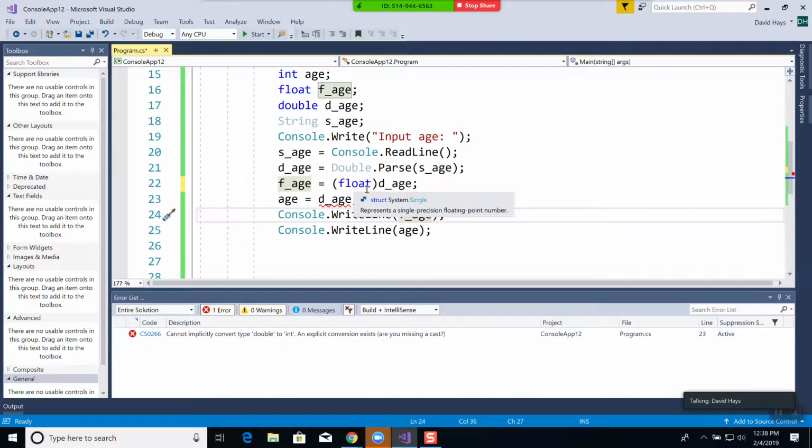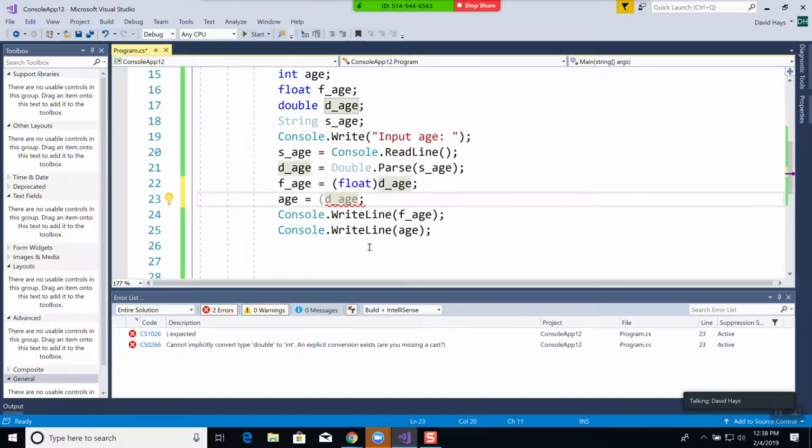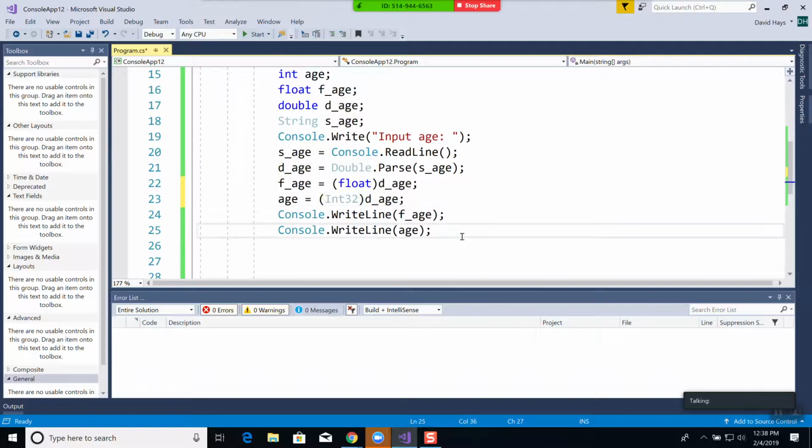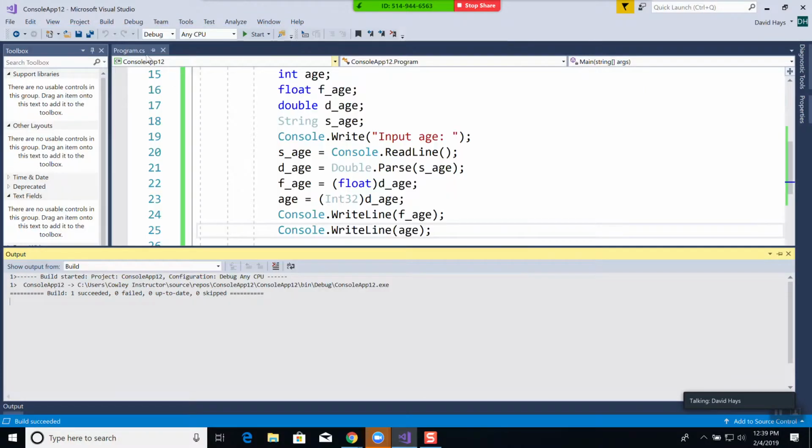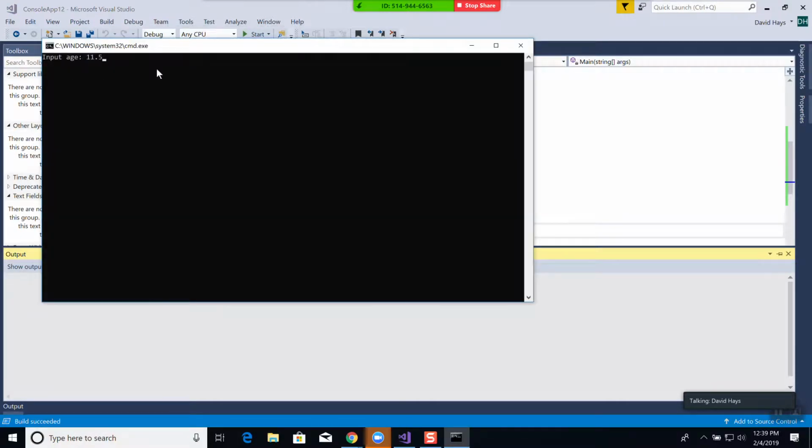Now what this does is it will change that double to a float. And I don't usually change these right here. How do I do this? Let's see. Int32. Let's try that. Now let's run it. Let's run it again. 11.5